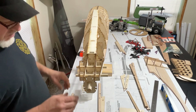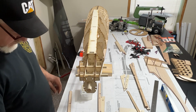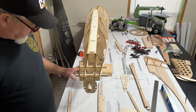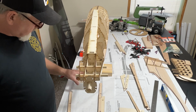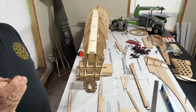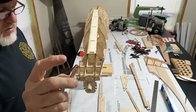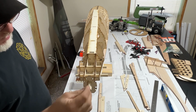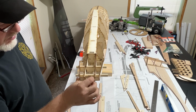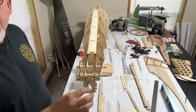I have dry fit this, but now I'm gonna get ready to glue it. He has a few pictures online of this, and he actually used these, but he has 2 of them. Well, I only have 1. I don't have another one, it didn't come in the kit, so I'm gonna have to make it. They go right there